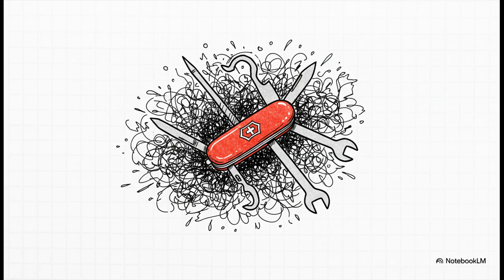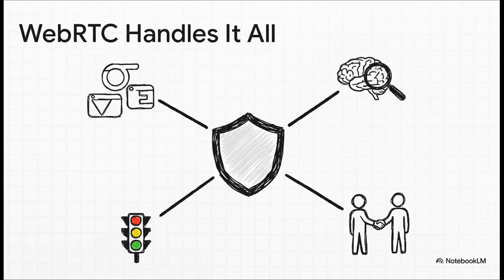Now, I know this all probably sounds like a huge headache, like you need a PhD in network engineering just to build a peer-to-peer app. But here's the good news. For the vast majority of use cases today, you do not have to do this from scratch. The modern, production-ready solution is WebRTC. Think of WebRTC as a massive toolkit that has already solved all of these hard problems for you. It has a full ICE implementation built right in, so it handles all the STUN and TURN negotiation automatically. It has sophisticated production-grade congestion control that's been tested at massive scale. It's optimized for real-time media, and the best part? It's a standard API built into every single modern web browser.